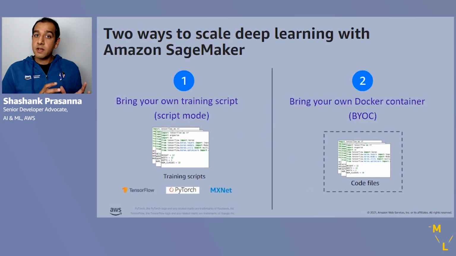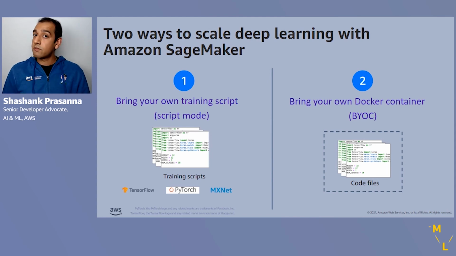Now, if you build a custom machine learning container with your custom libraries and custom environment, there are a couple of ways to use SageMaker. If your enhancements or changes are something that works with a deep learning framework already available in a deep learning container, you can use this approach called script mode, where behind the scenes Amazon SageMaker will use the container, but you as a user don't have to worry about containers at all. You just provide your training script, and Amazon SageMaker will pull the right container, copy your training script, copy your dataset, and train on a specified number of compute instances, CPUs, GPUs, whatever you specify.